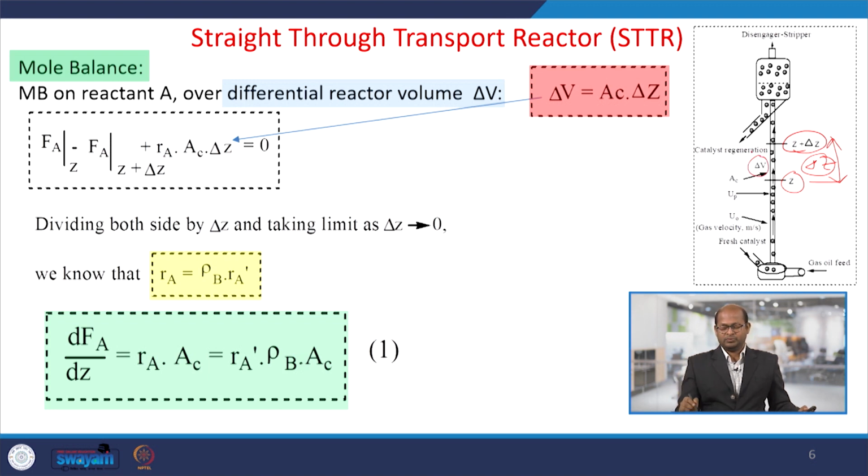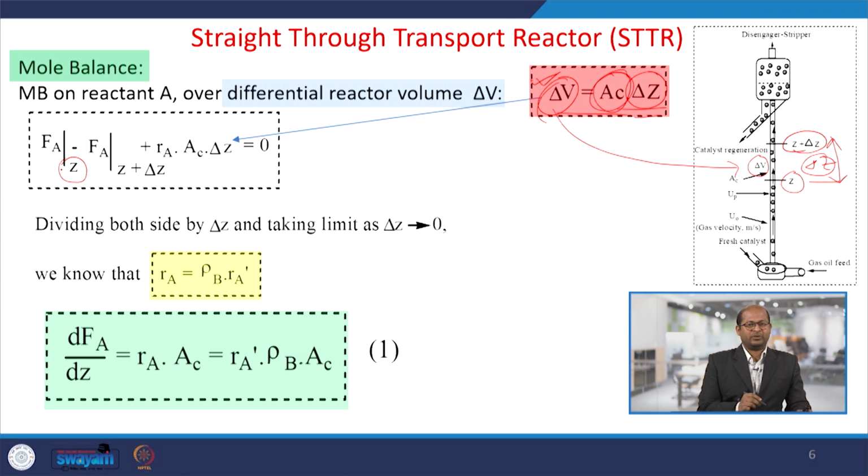Within that volume, delta V equals the volume at that particular point. The cross-sectional area can be found for this tube if it is circular, since it has a specified, fixed diameter. So the cross-sectional area is known, and delta Z is the height we are considering. The differential volume within that element is delta V equals AC into delta Z. This is the differential volume for that reactor, within which we are going to do the material balance